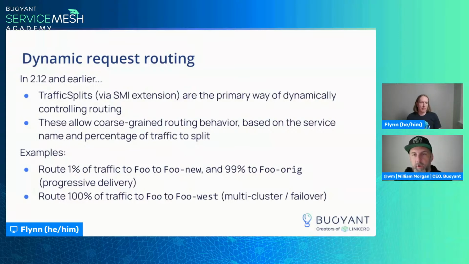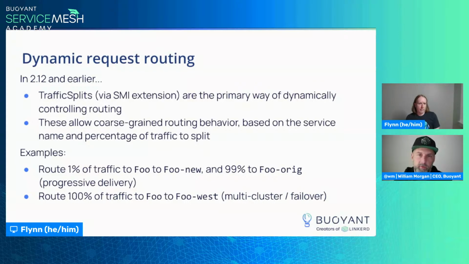For progressive delivery, you could use a tool like Flagger and say, okay, I'm launching a new service, foo-new. Rather than just flipping all the pods over there, I want you to route 1% of traffic to this new service. Let's monitor its health. If it looks good, let's increase it. Okay, now 2%, now 10%. Okay, now we're at 100%, and we can delete the original foo implementation. Super cool. All that you need is percentage and name.